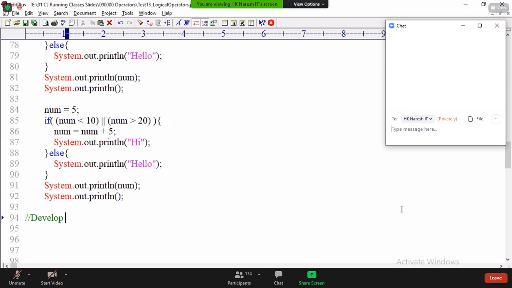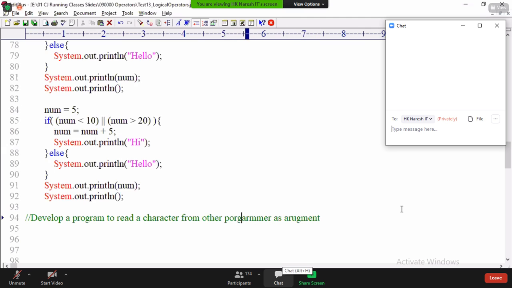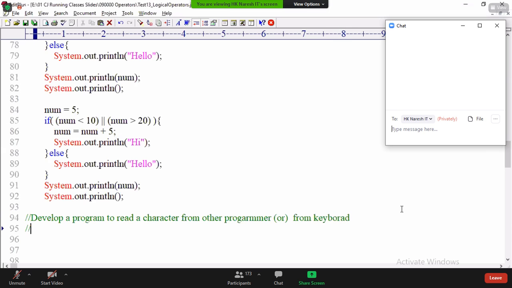Develop a program to read a character from other programmer as argument, or from keyboard. Your wish. Develop a program to read a character from other programmer or from keyboard.